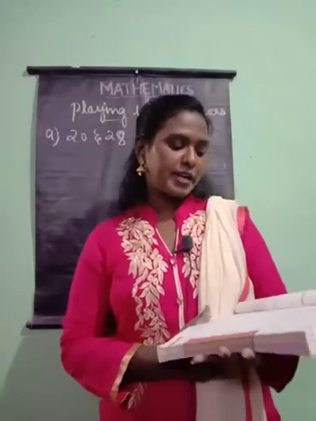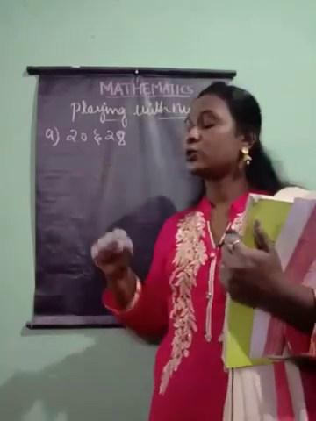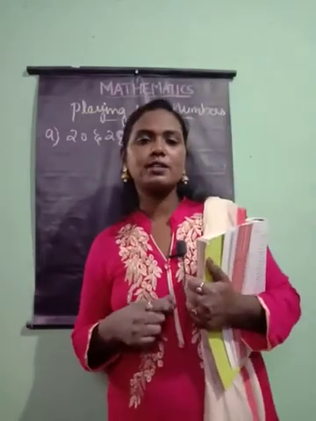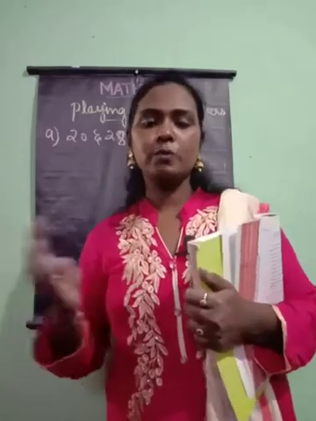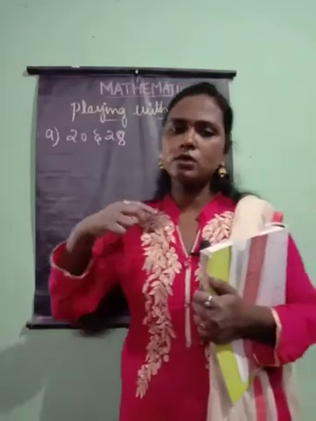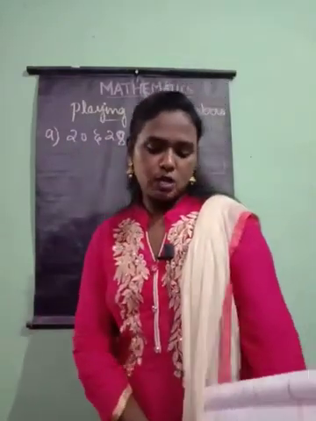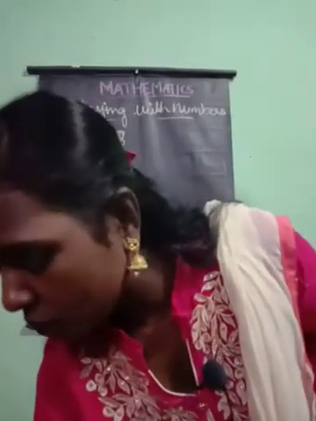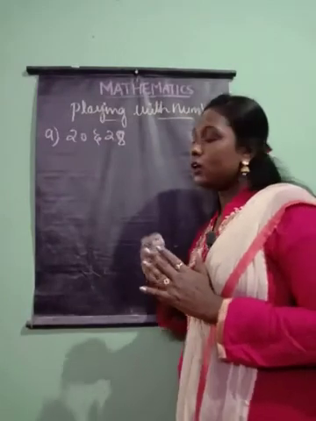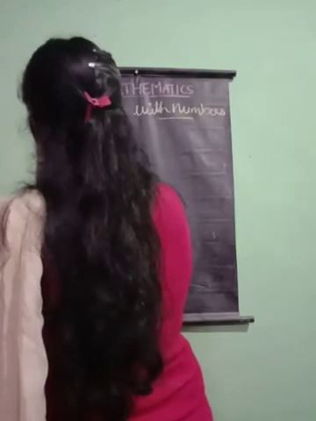The first question is to find the common factors of 28 and 20. So what does common mean? The word describes that something should be common in both, that is, some multiples should be the same in 20 and 28. So let us find the common factors of 20 and 28. Before finding the common factors, we need to find the factors of each number individually.